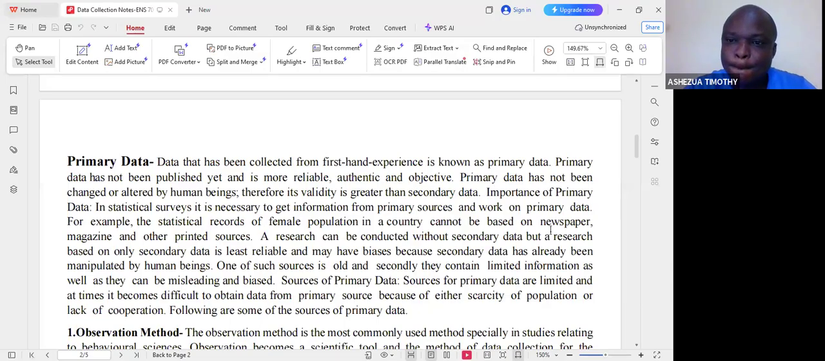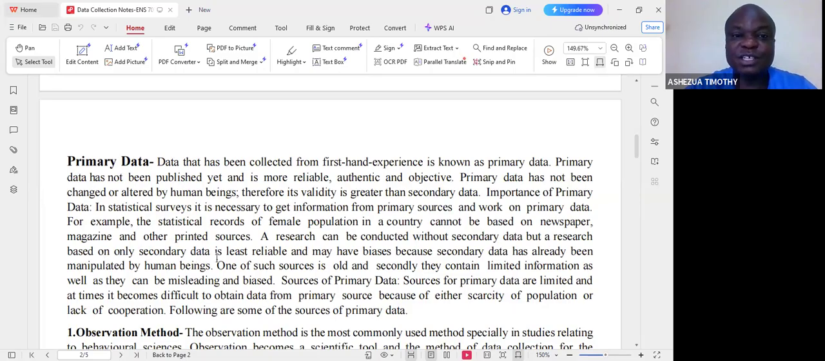In a statistical survey, it's necessary to get information from primary sources and work on primary data. For example, the statistical record of a female population in a country cannot be based on newspaper, magazine, and other printed sources. A research can be conducted without secondary data, but a research